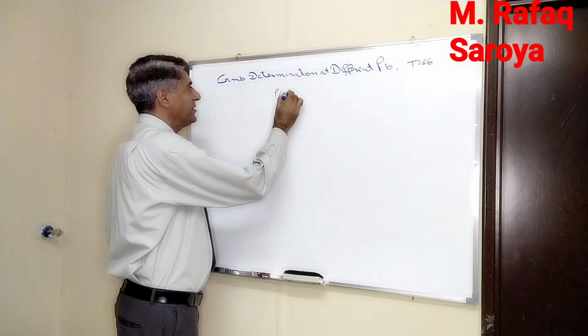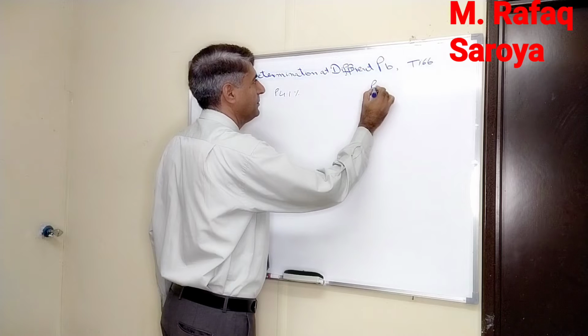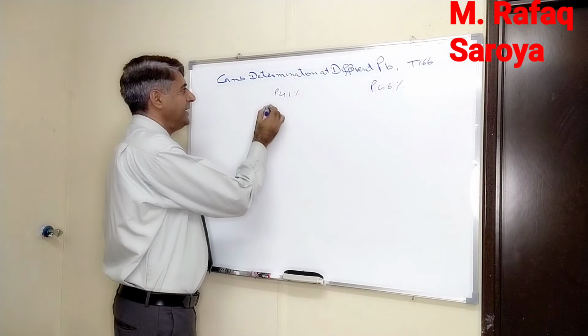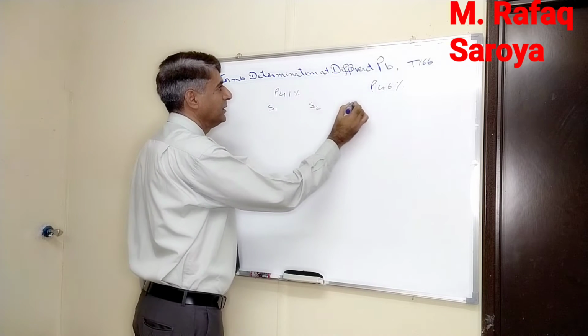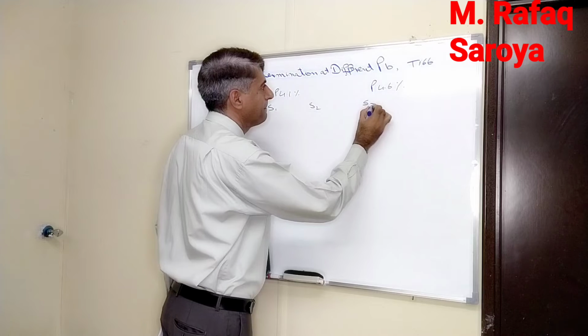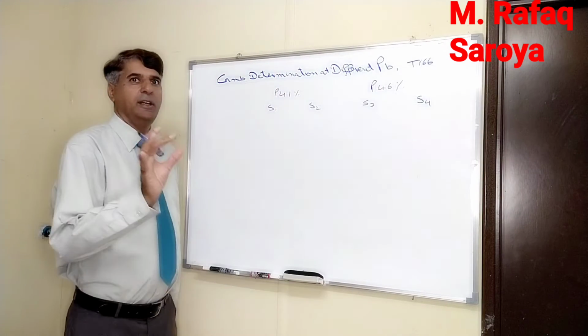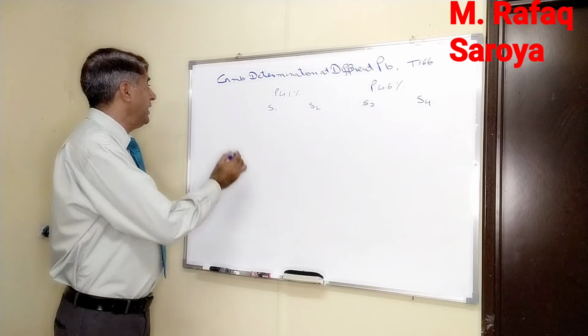P 4.1% and P 4.6%. Here is sample number 1, sample number 2, sample number 3, sample number 4. Am I right? I had given these samples to you and I had written their names. Here A,